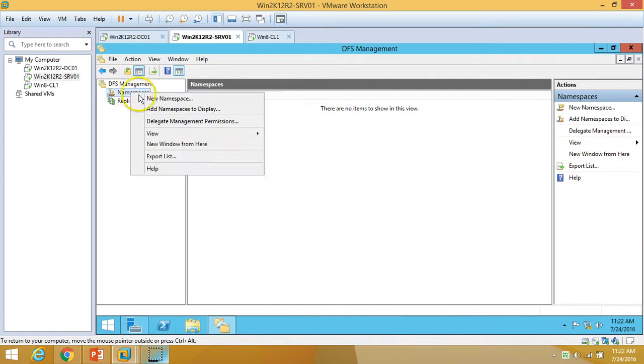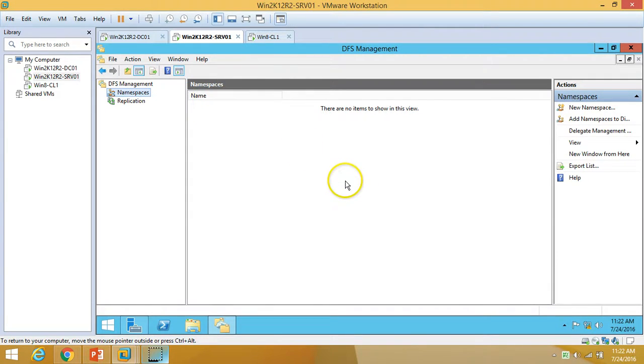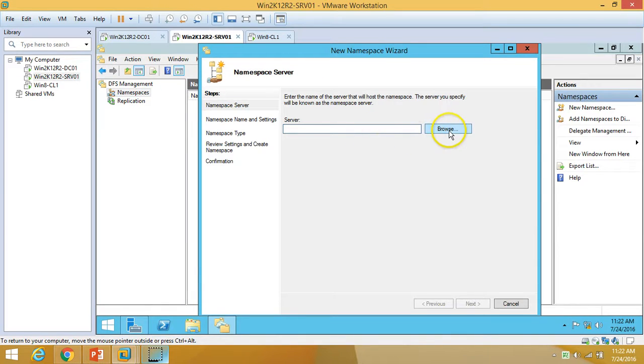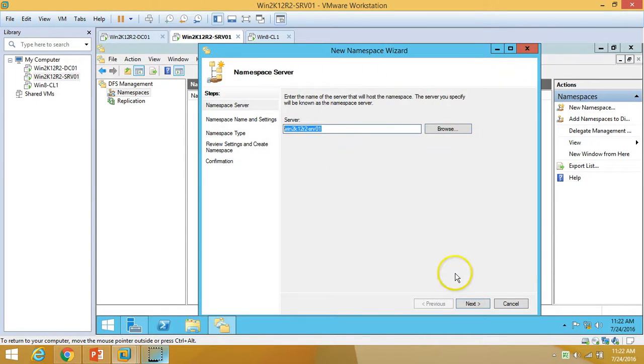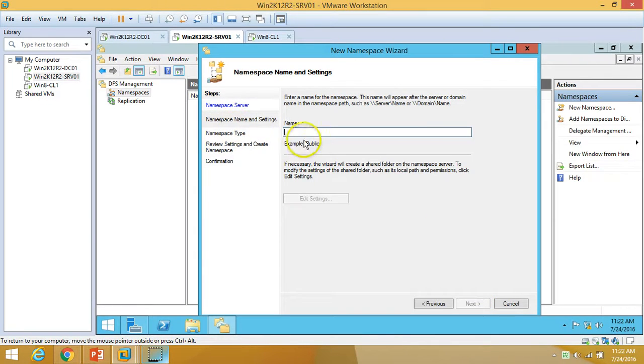Right-click on Namespaces and click on New Namespace. For the server on which we are going to create a namespace, browse, or you can type it. So I'm going to type the name R2SRV01, check name. Okay, click next, and namespace name and settings. So I'm going to type the name public